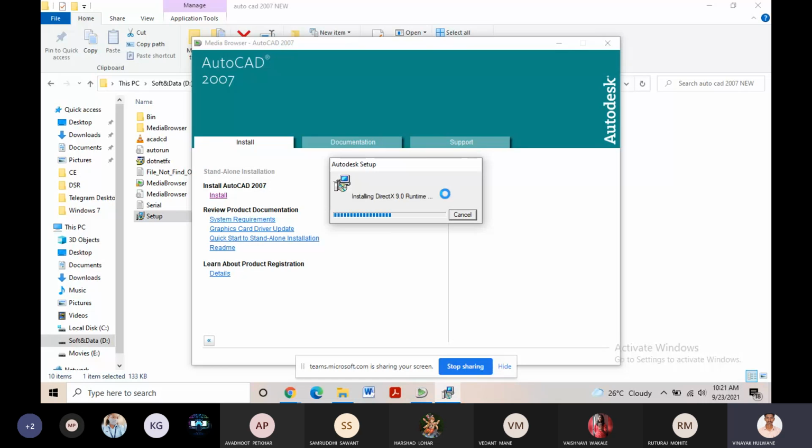The primary files required during the installation will be copied by the software. Just wait. So this is the installation program. This process is only one time. You don't need to install the software every time. Once you install this software, the process of starting the AutoCAD software will be the same every time. Just wait, it will take time.